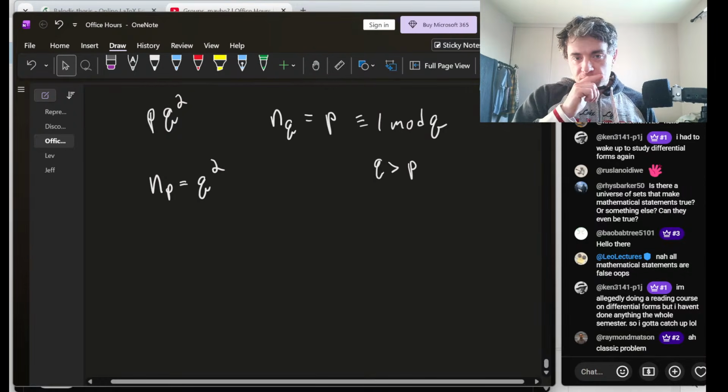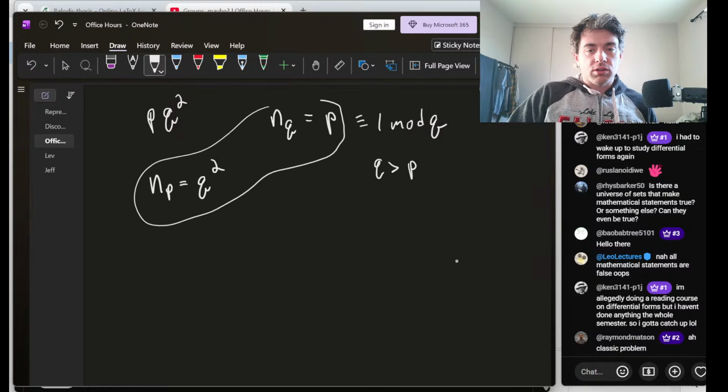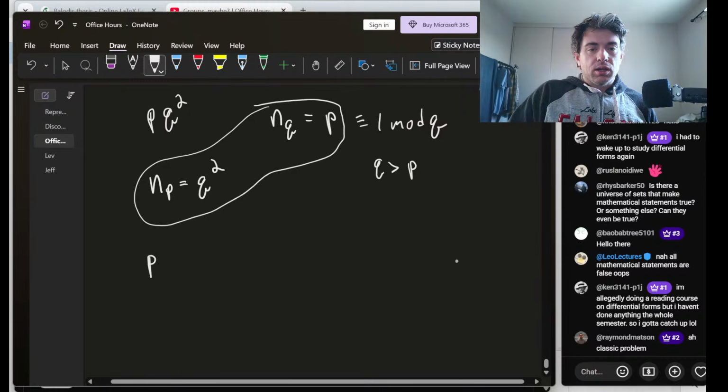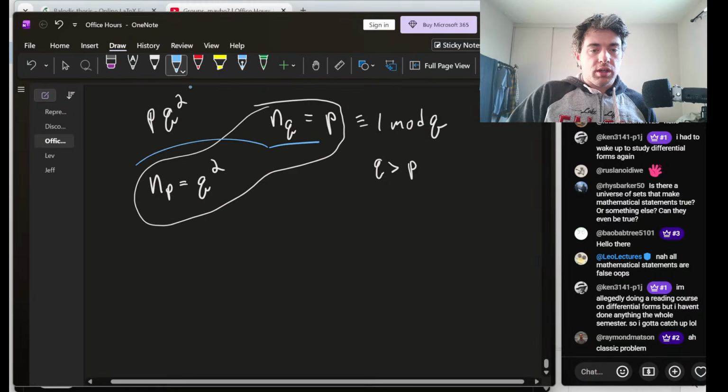Okay, so now here's where we get the contradiction. If we were in this case, so nq is p, np is q squared. I'm going to argue we can't have both of these simultaneously. Why not? Because if nq was p, then that means that we have, maybe I should do this in different colors. So from this, we know that we would have